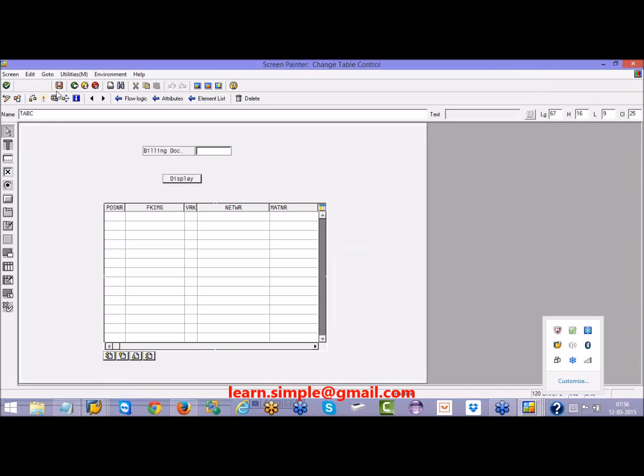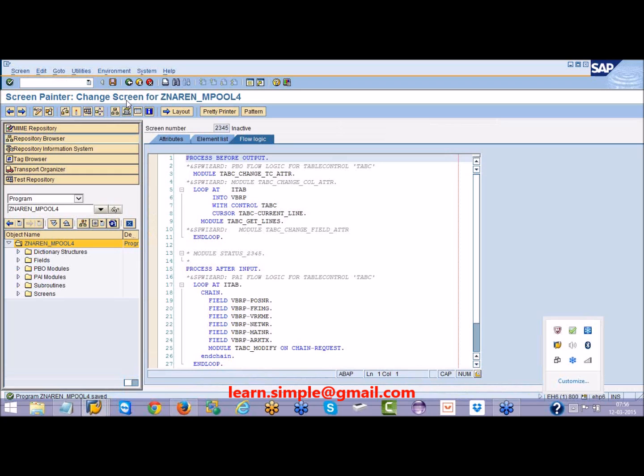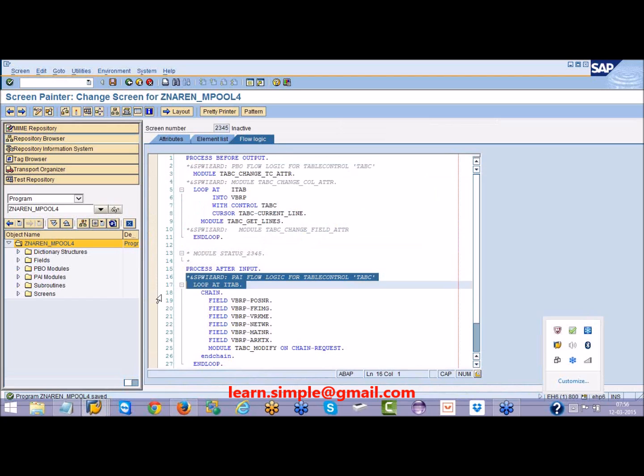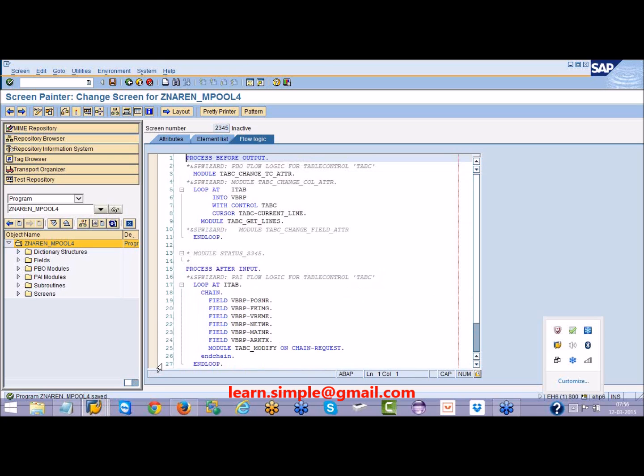Now I will save this and just come back to the flow logic. Here you can see this is all the code the SAP Wizard has written. In PBO the Wizard has written some coding, in PAI also the Wizard has written some coding and so on. Fine. So now what I have to do is